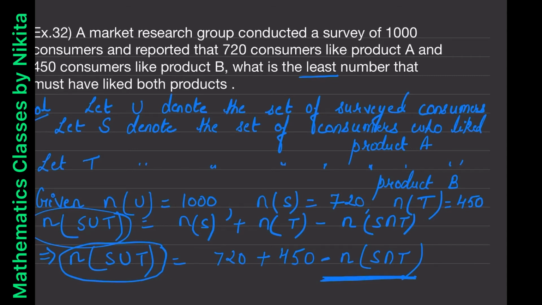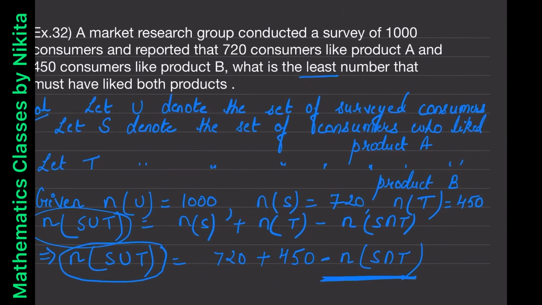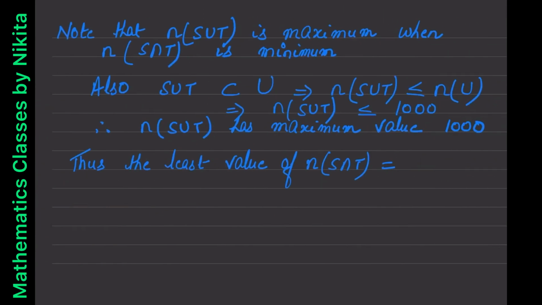Then we will get the least value of S intersection T. Thus, the least value or the minimum value of N of S intersection T is equal to 720 plus 450